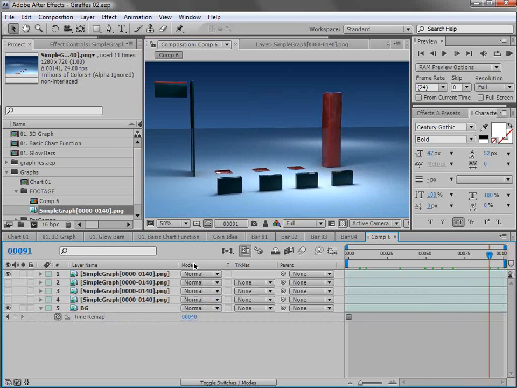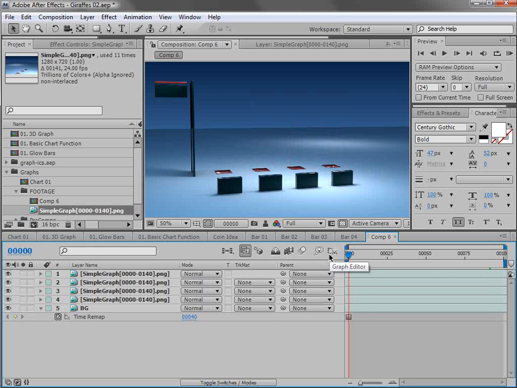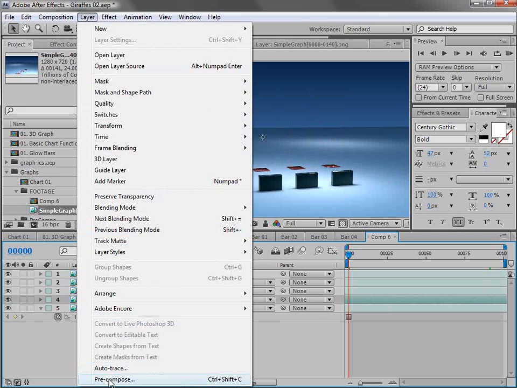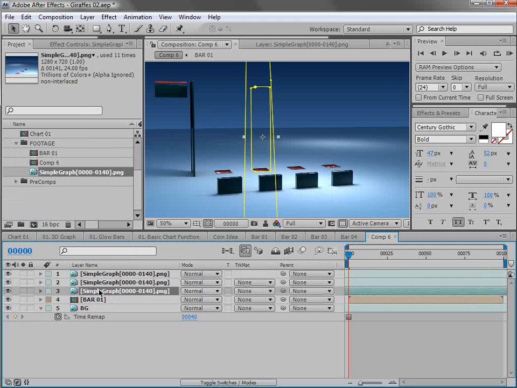the shadow on the fourth one, and here's the third one, the second one, and the first one. So now we need to pre-compose these individual bar elements. So we'll take the first one. We'll choose Layer, Pre-Compose, and we'll call this Bar 1. Hit OK, move all attributes. And again, we'll pre-compose the next one,